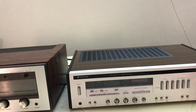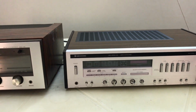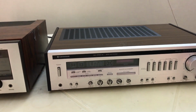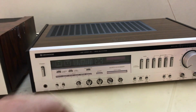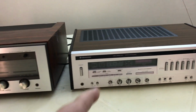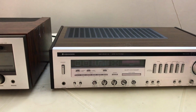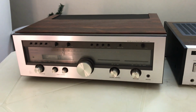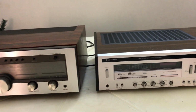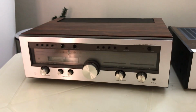Its output is 80 watts RMS per channel. So this one output is 80, here is 75. Distortion here is 0.02, here 0.02. Line in sensitivity here is 85 decibel, here is 75. So higher sensitivity here. The weight here is 12.5 kilograms, here is almost